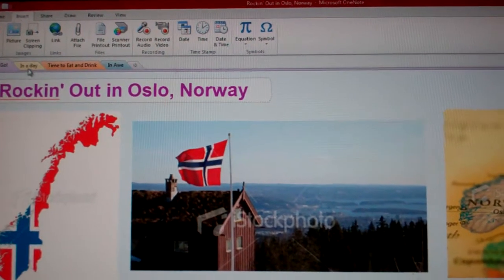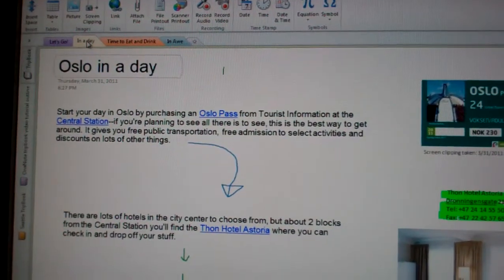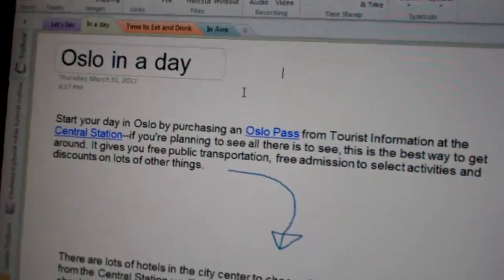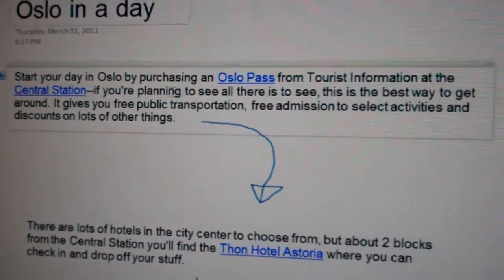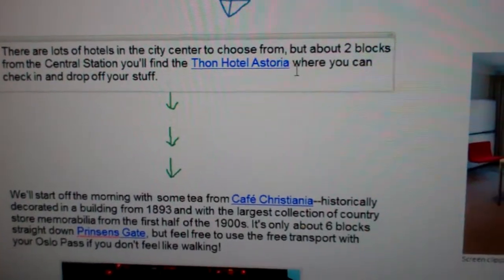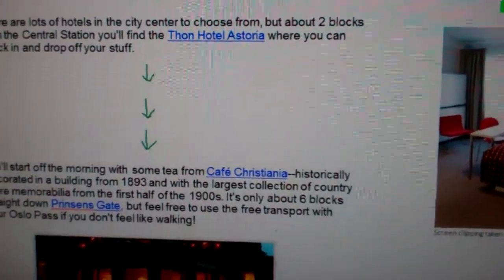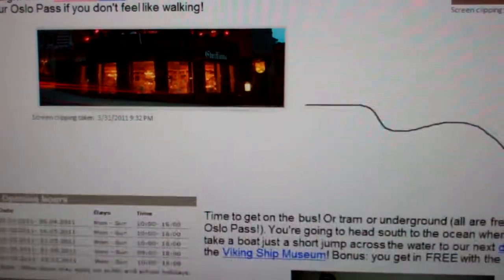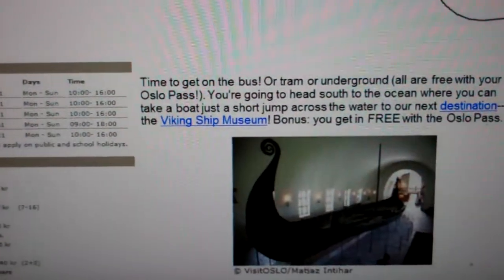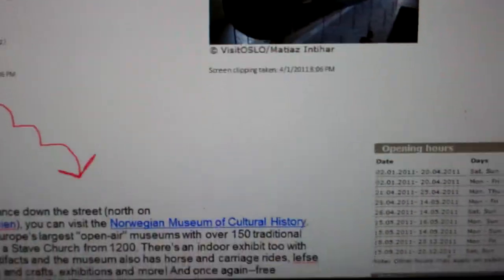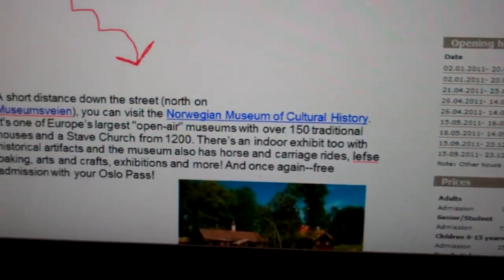And if we go to the next tab, it's Oslo in a day. So this is the 24 hours that you spend in Norway, and it goes through starting with as soon as you get to Oslo and all the way through the day, where you're going to stay, your hotel, getting some breakfast and coffee, some sightseeing things, has a list of opening hours and prices, and these links